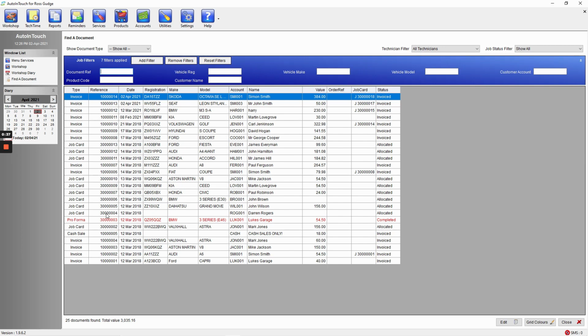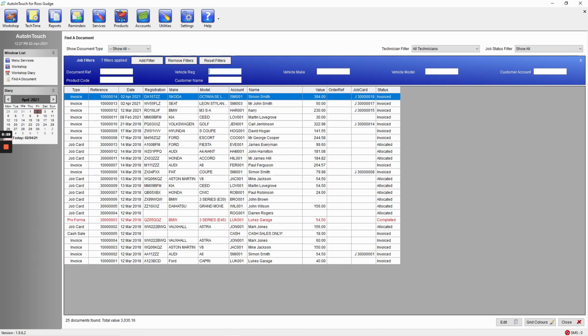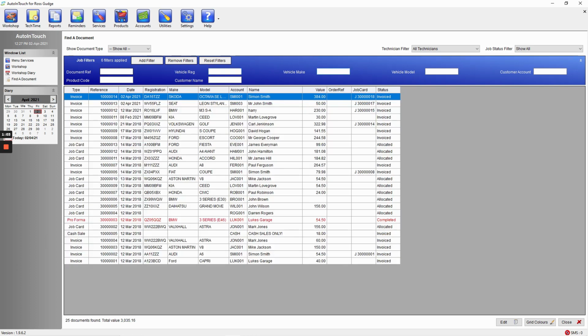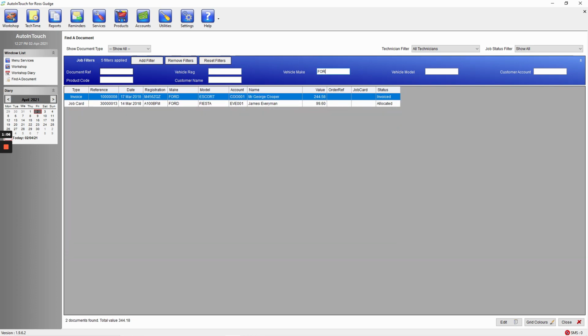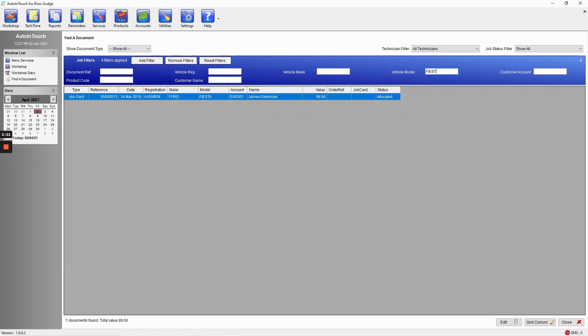and we can see all the documentation that has been created in AutoInTouch in date order, so from most recent to the originals. We can search by the document reference number. We can search by the vehicle registration. We can search by vehicle make. We can search by vehicle model,